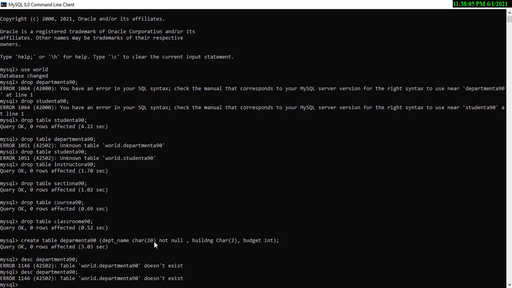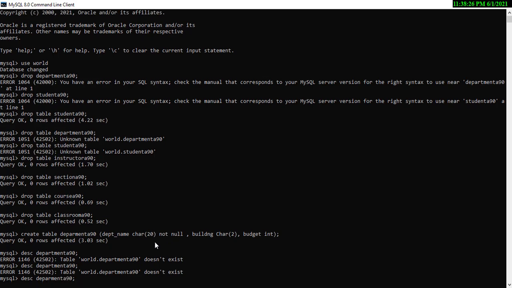okay, the spelling is wrong from when I was creating the table. I have typed the wrong spelling, so I have to go with that spelling only.